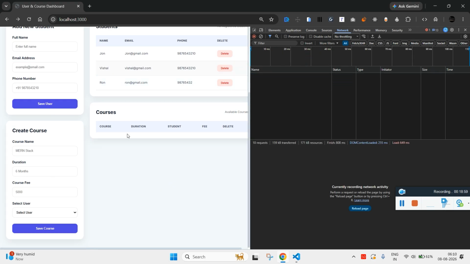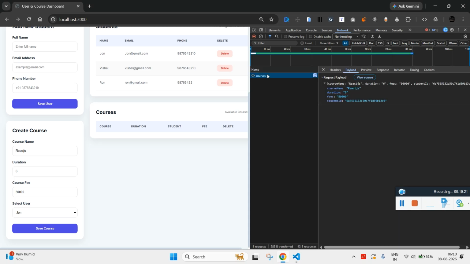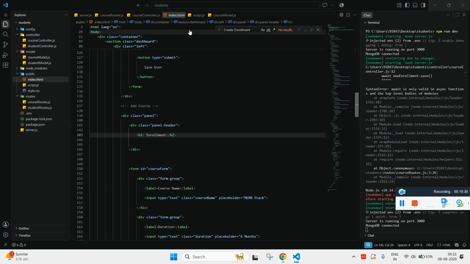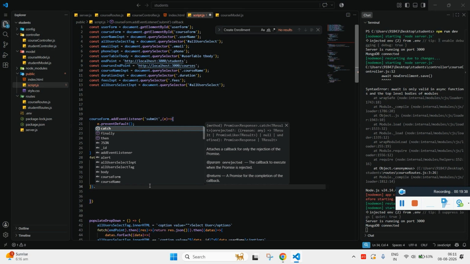Now if I send the value, so React JS course, 6-month course, fees is 50,000, and the user got enrolled as John. Click on save course. Now when I click here, you should get the response: student enrolled successfully. That means it worked. So that's done now. The second thing is we have to display these values over here. So instead, when I get the response,